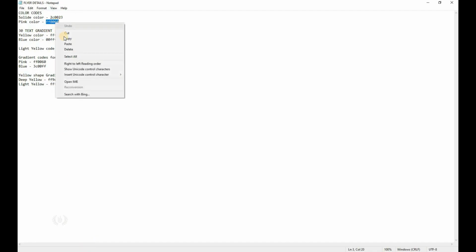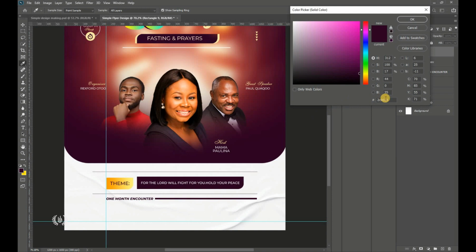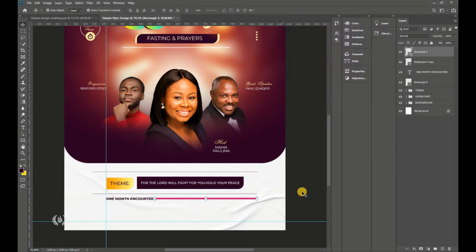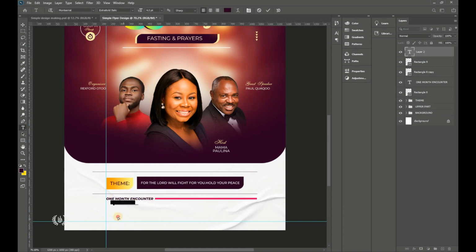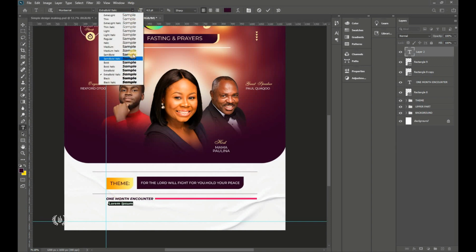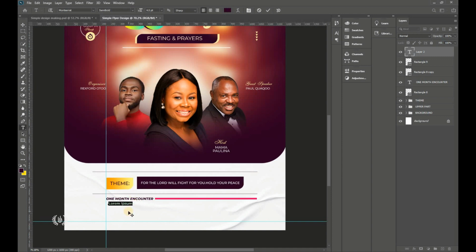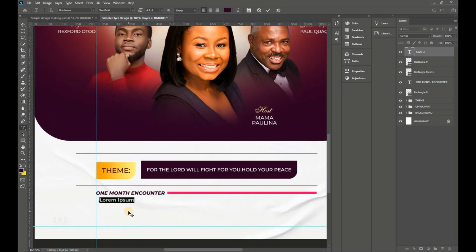So copy this pink color code in the details and paste it right here in Photoshop. So this is it. All right. I just brought in the ruler there because I want everything to be in line. So yeah, the alignment matters. So I'm going to then take Montserrat semi-bold, and I'm going to type in